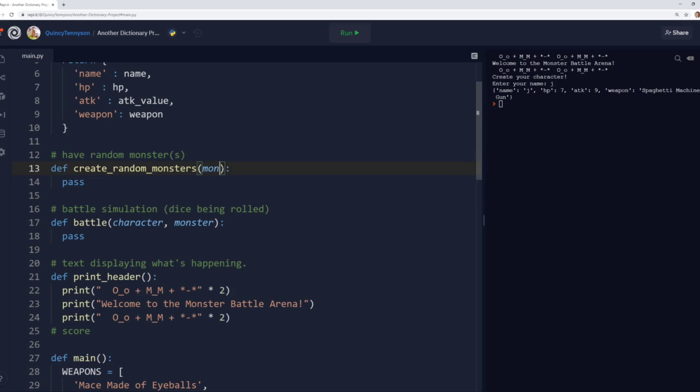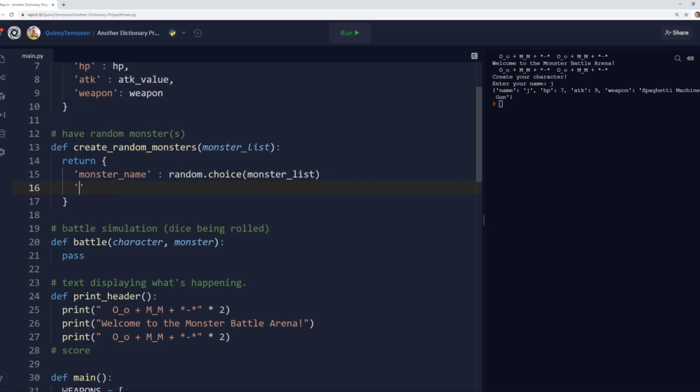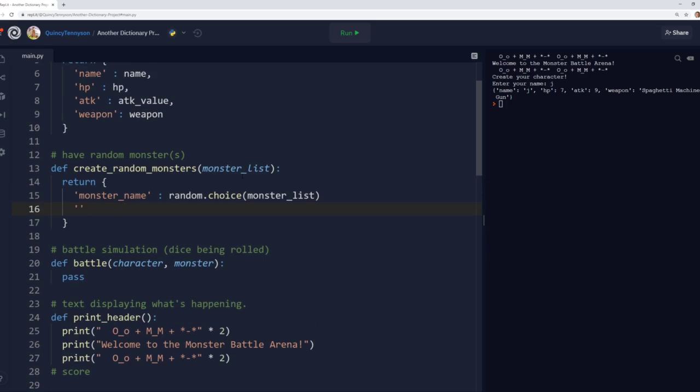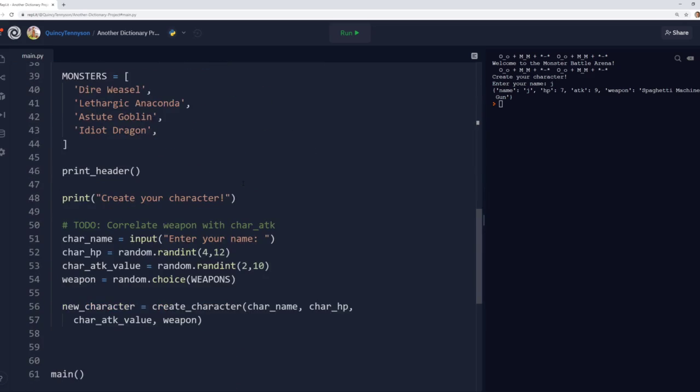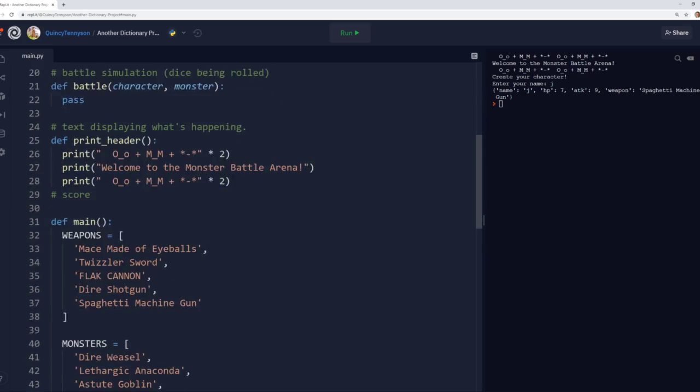Actually, that shouldn't be a constant. I don't know why I did that. Monster list, okay? And then we'll just say return a dictionary where it's monster name, just so we have some clarity here. And we'll say random.choice, monster list will be from the names of the monsters, and then their other information is going to be set in the same way, but this time we're actually just going to do it in, what do we say, 4 to 12. So we'll make them relatively even. Their HP